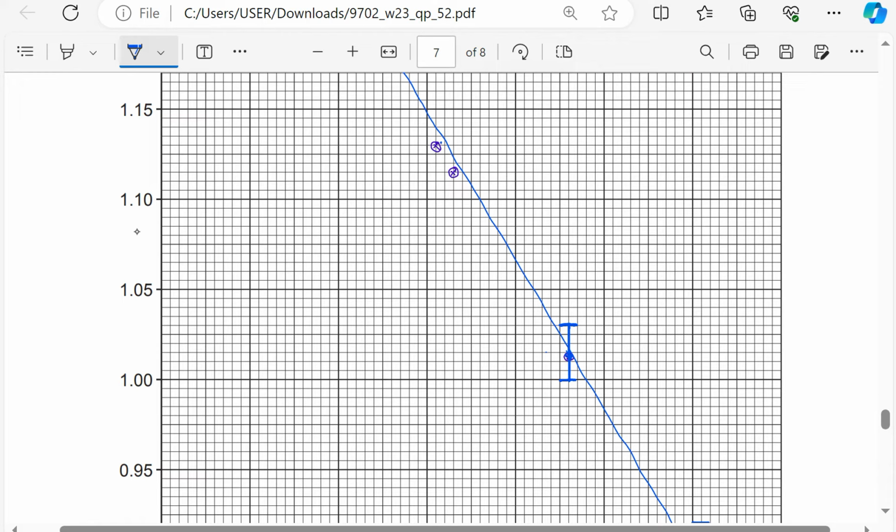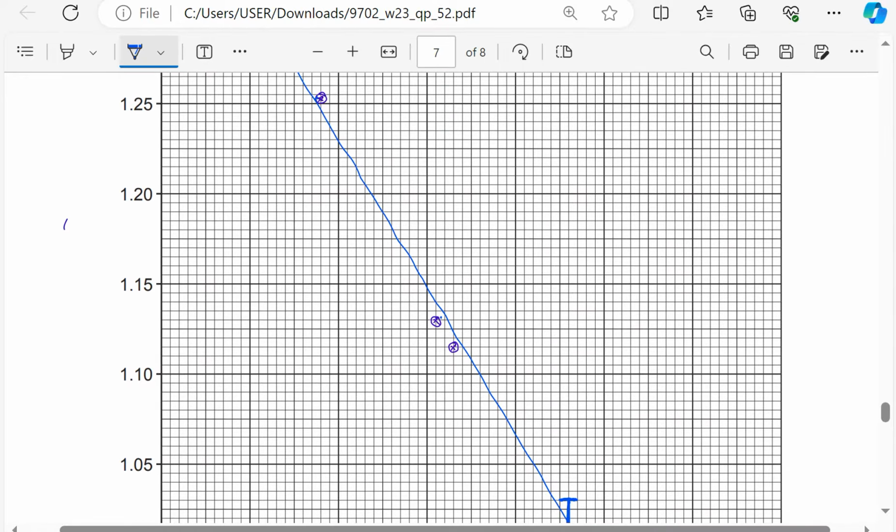One, two, three. This should be somewhere here, not at this point here. So the error bars look so beautiful when you make them thick and use a ruler to draw them. They look so beautiful. Then the next one